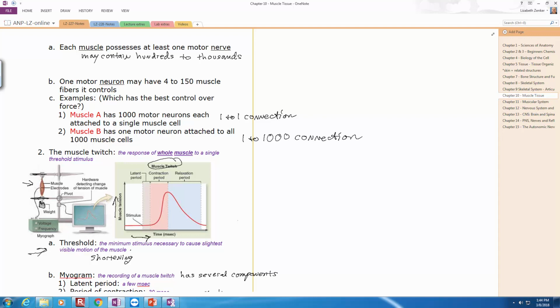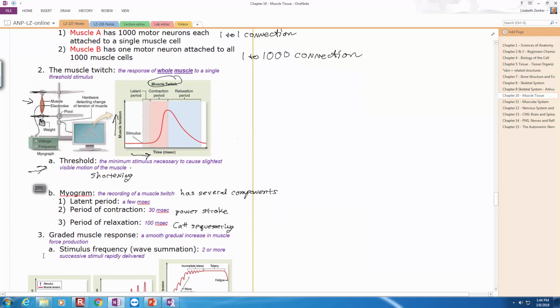So the myogram is recording, and we have 3 periods that we need to look at. So here's the myogram as the recording. It has several components. You have a latent period, a period of contraction, and a period of relaxation. Remember earlier I said the latent period is just a few milliseconds, okay? This is, again, everything that had to happen between the action potential reaching the synapse on the nerve side, telling it to send the signal and zap the muscle with acetylcholine,